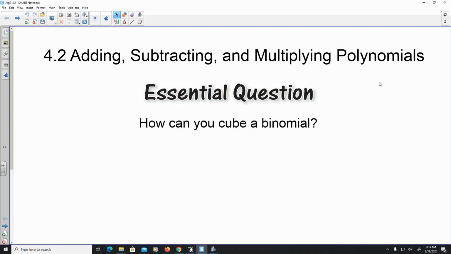Today we're going to be looking at section 4.2, where we're going to be adding, subtracting, and multiplying polynomials. Our central question that we're going to answer is how can you cube a binomial? In order to look at that, we're going to look at some things that